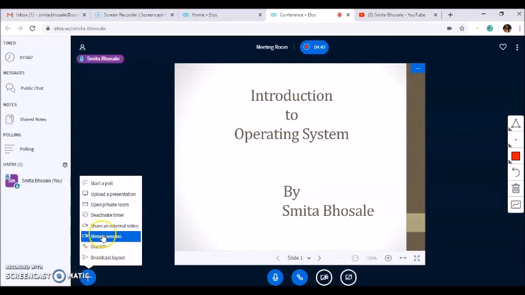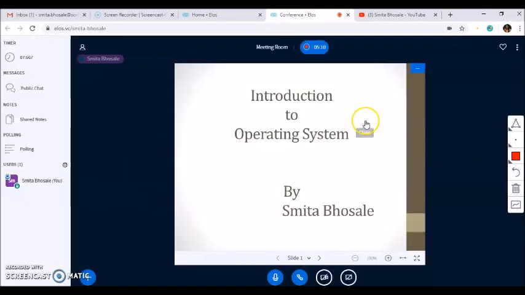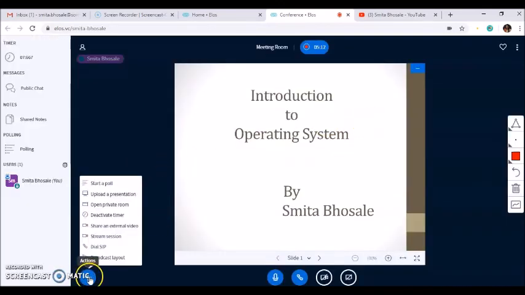You can also stream the session. It also enables the user to go for live streaming. It also enables the user to use the streaming via YouTube or RTMP. Then you can also use the option of dial SIP and broadcast layout.